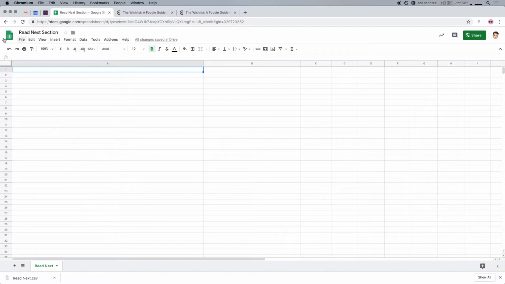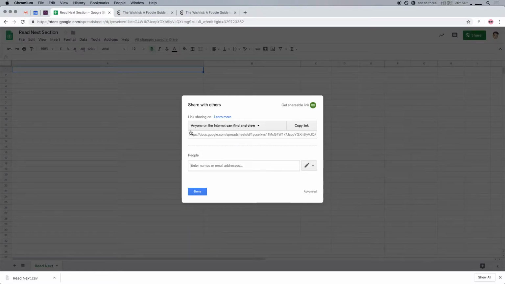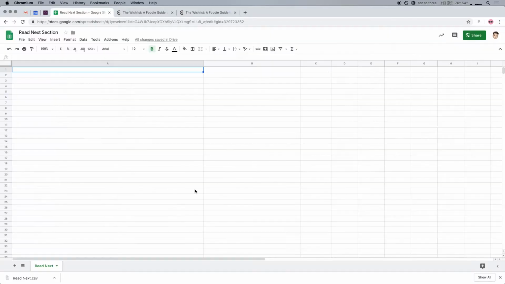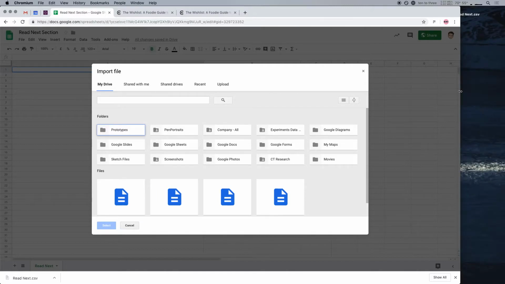I'm next going to make a new Google Sheet. I've just called it read next section, and I've also enabled the sharing so anyone on the internet can find and view. That's because the way the Google Sheets Figma plugin works, it has to be able to access the spreadsheet. So I'm going to then import that CSV file that I saved to my desktop